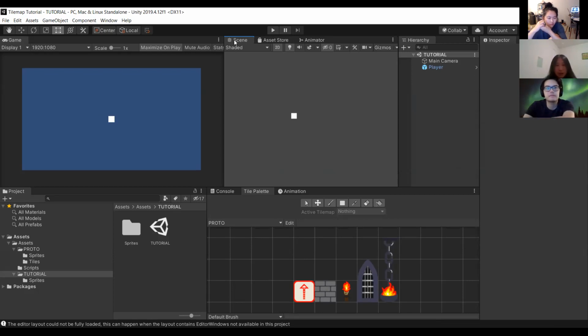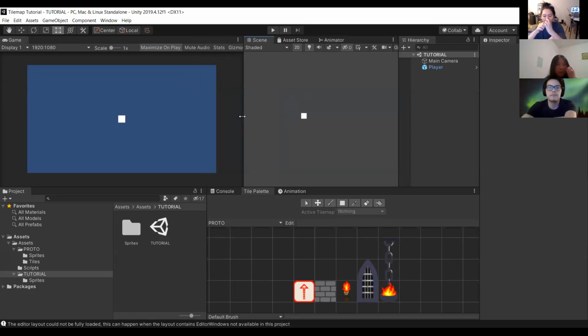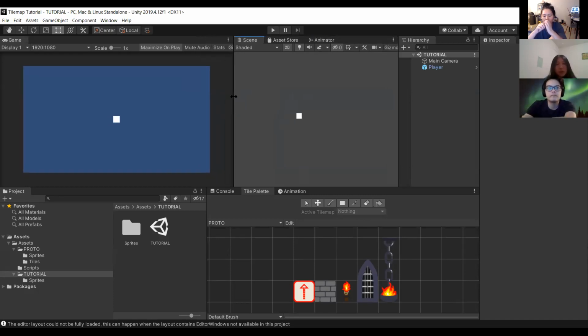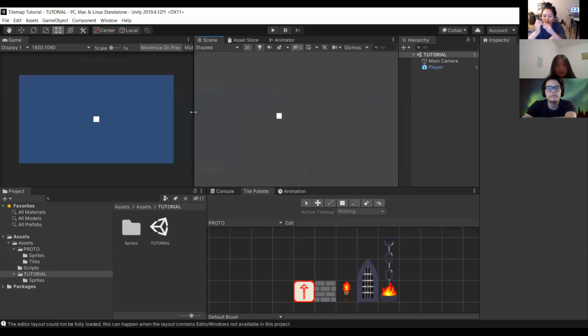If you want to drag things around, all you have to do is see this little tab, and you can just drag it out and put it somewhere. Like I could go like that, and now the scene is next to these two tabs. So you can drag them around and see what best fits how you want to do them. On the edge, once you see this double arrow, you can just drag to resize.